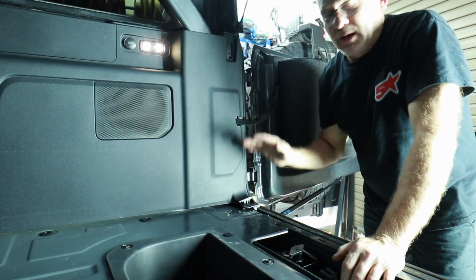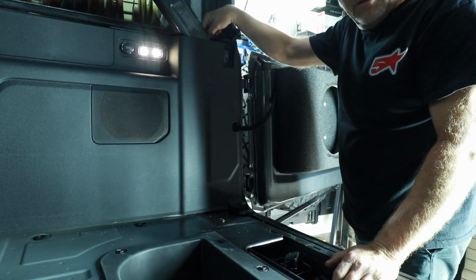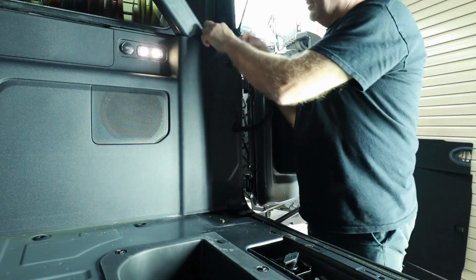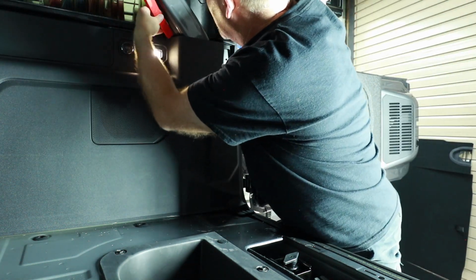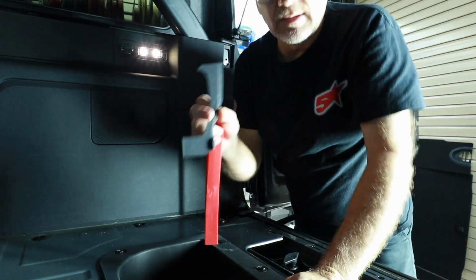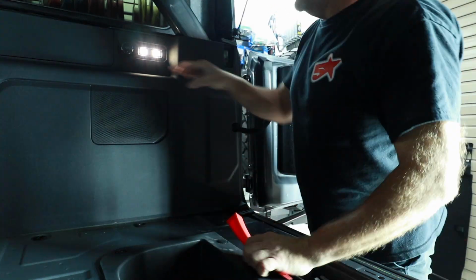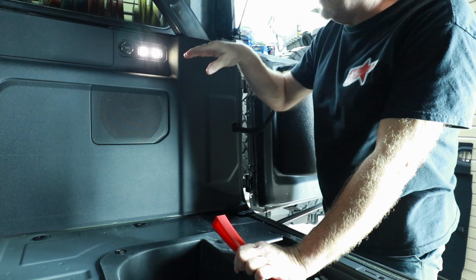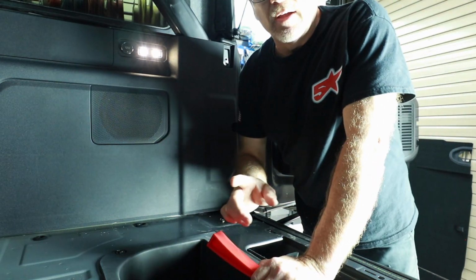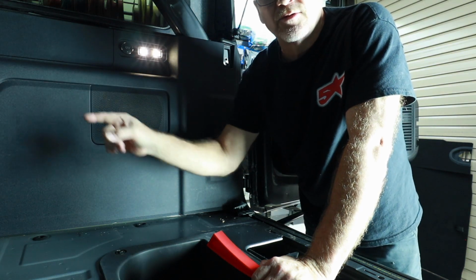Things to know about this side panel when you go to remove it. There's a big metal clip right here that faces down. There's a little tiny piece right here. There's a small clip in the front and one in the back. This guy right here, don't forget this, because it's easy to forget since it looks very nondescript and goes over in the corner. There's going to be two plugs behind here and possibly a third plug behind here that goes to the key sense. The other thing we have to do is go over and remove the running board on the passenger rear,